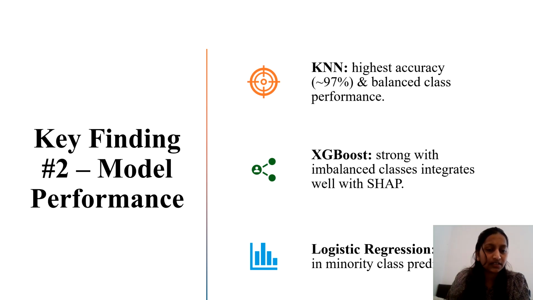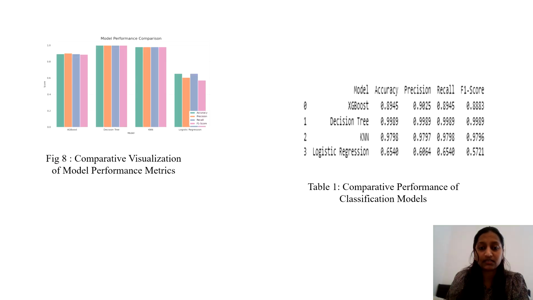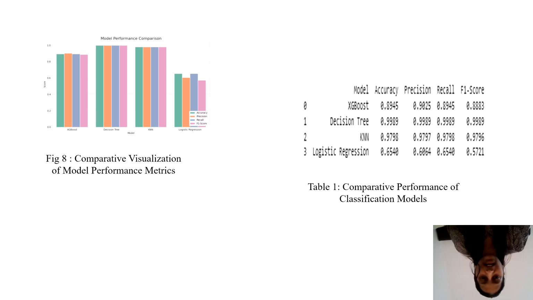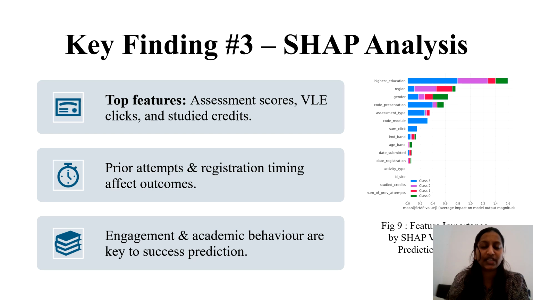And in the second key finding, model performance, we have KNN with the highest accuracy of 97% and balanced class performance, and XGBoost, strong with the imbalanced classes and integrates well with SHAP, and then logistic regression. In figure 8, we'll see the comparative visualization of model performance metrics, and in table 1 we're going to see the comparative performance of the classification models,